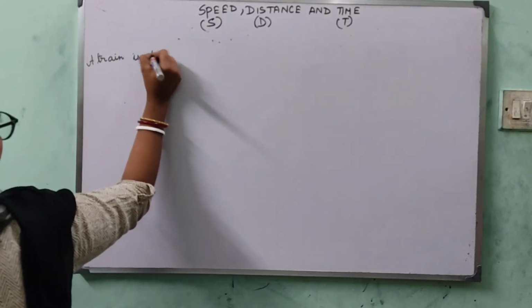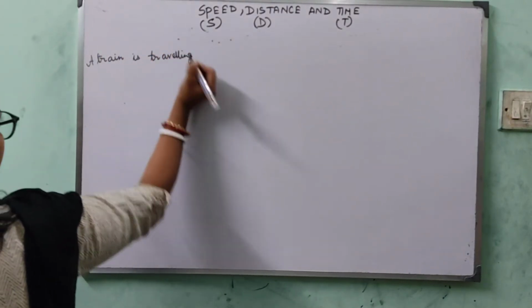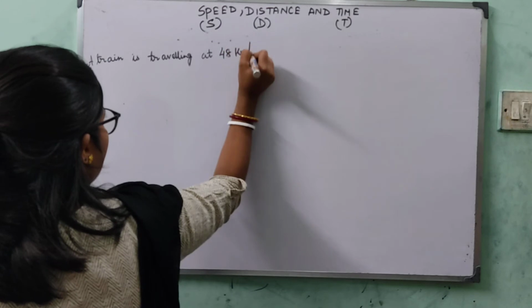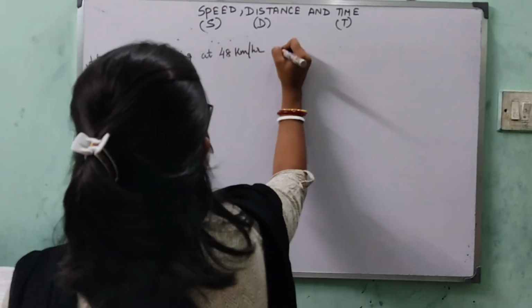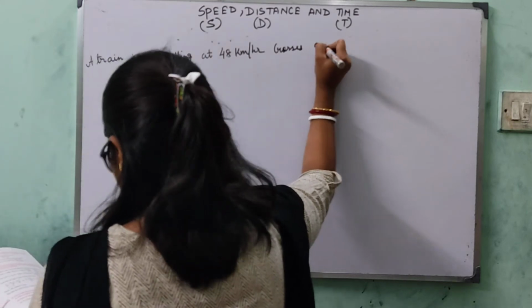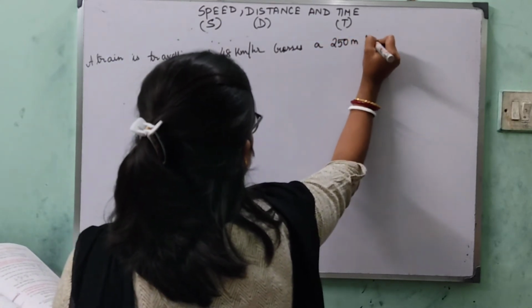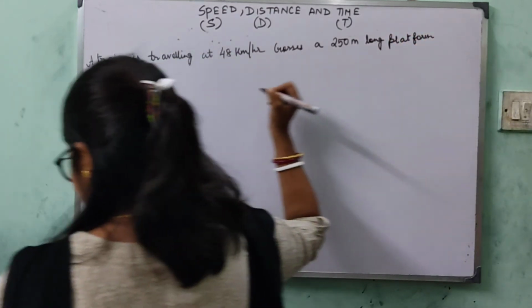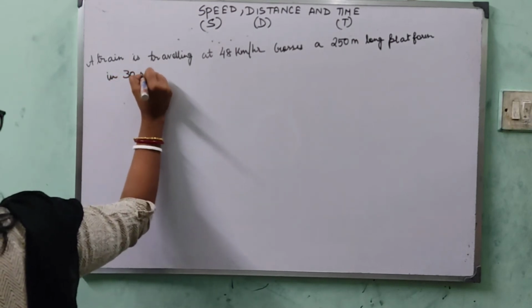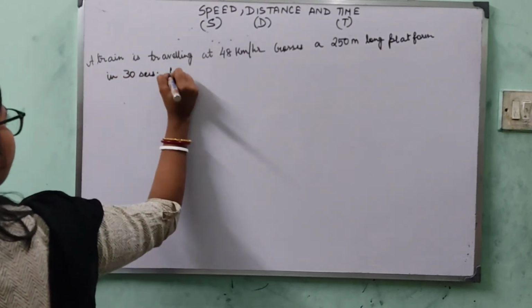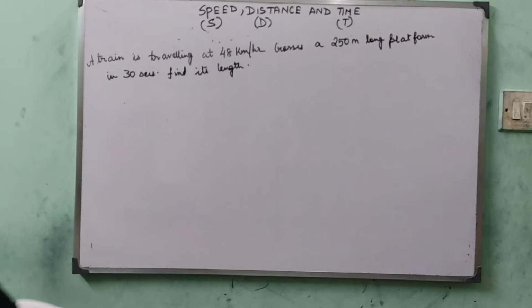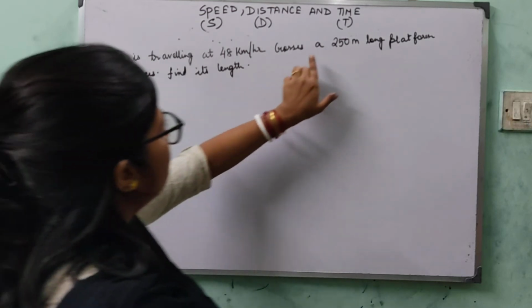A train is traveling at 48 km/h, crosses a 250-meter long platform in 30 seconds. Find its length. So here in this case we have the speed of the train given to us and the length of